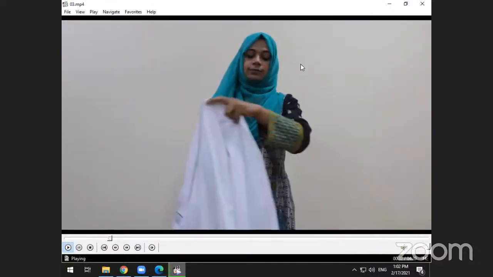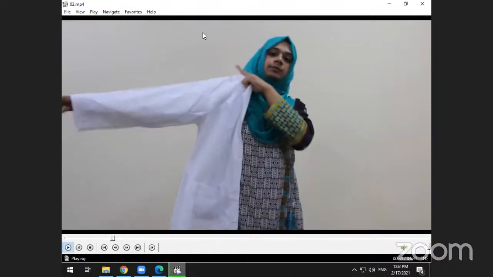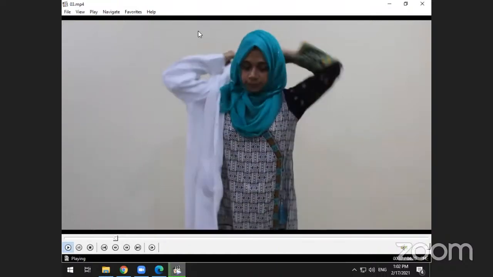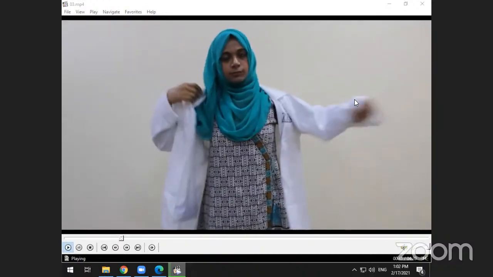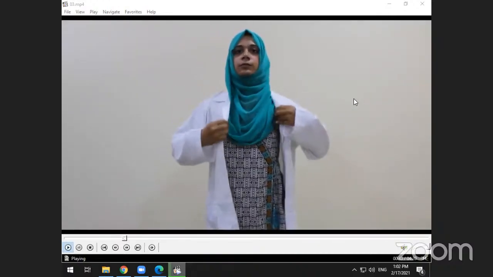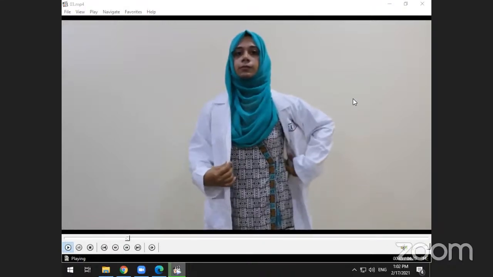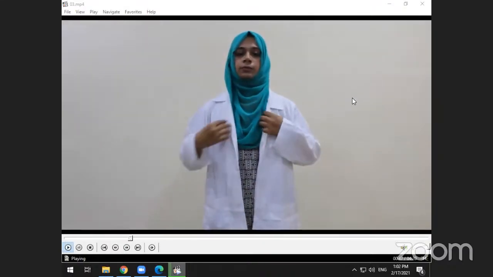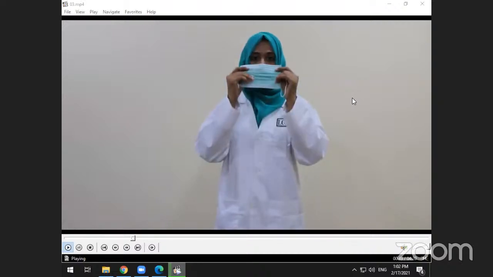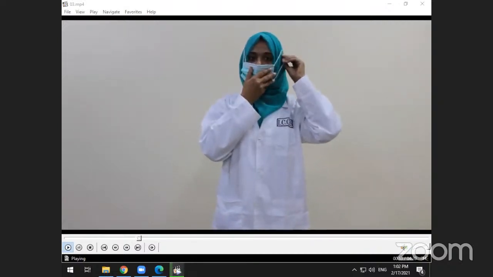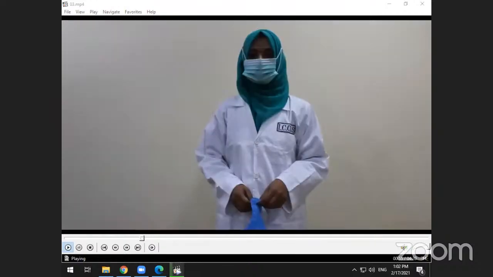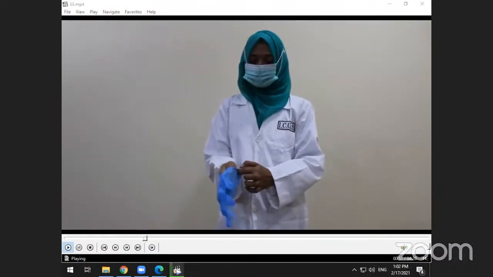Before starting your experiment, you need to put on your personal protective equipment like lab coat, mask, pair of gloves,